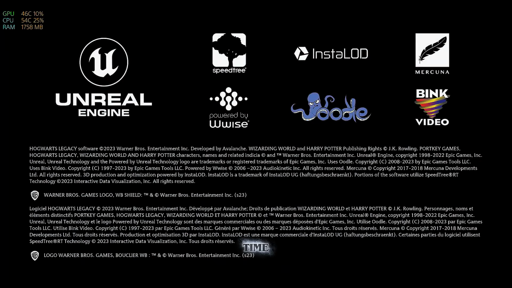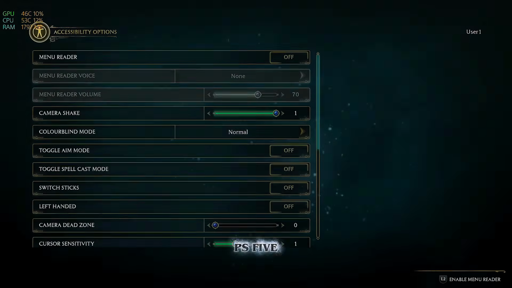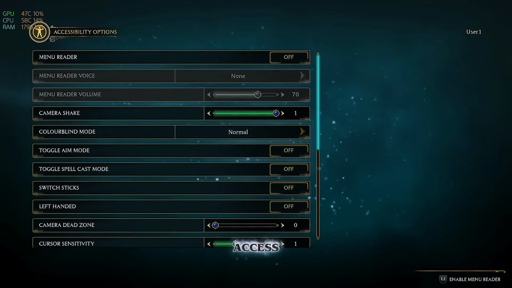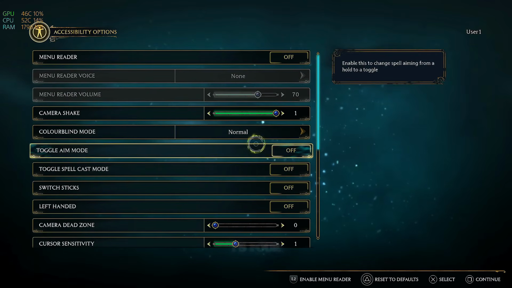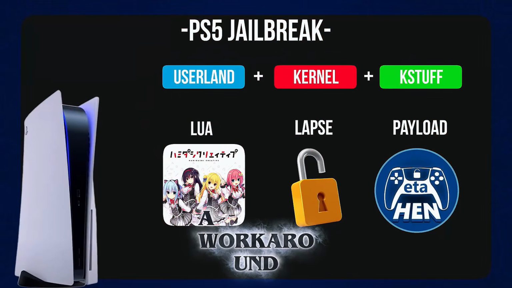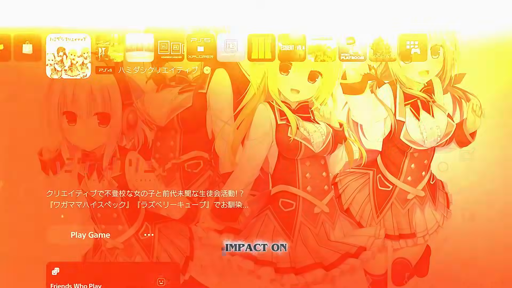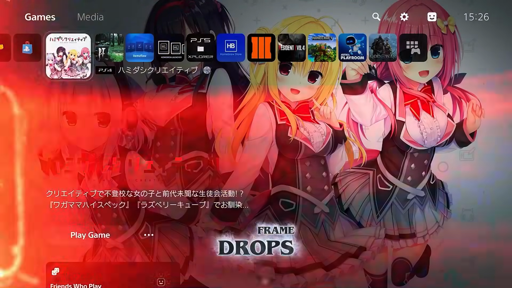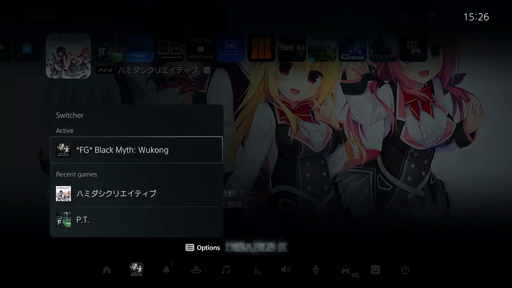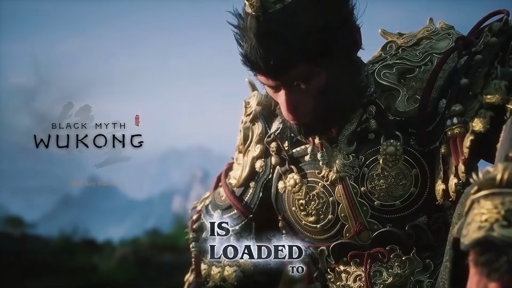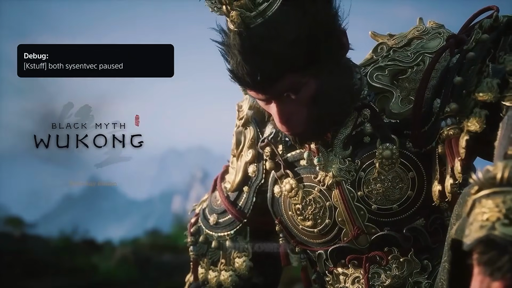But at the same time, we don't really have a full jailbreak on the PS5 either, as the PS5 has a hypervisor which restricts access to the kernel as an additional security layer, which does not exist on the PS4. So luckily, we do have a workaround for this called kstuff, which is implemented inside of ETA-HEN, but this workaround is not perfect and does have a slight performance impact on your games, which can cause frame drops and longer